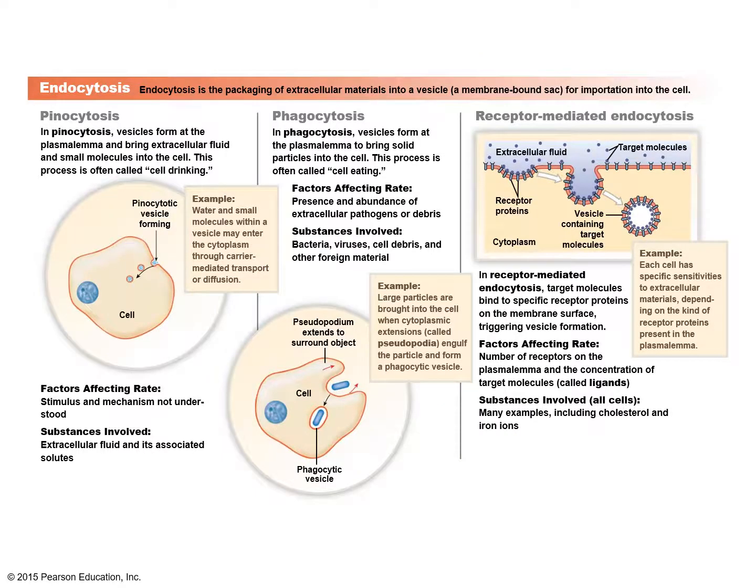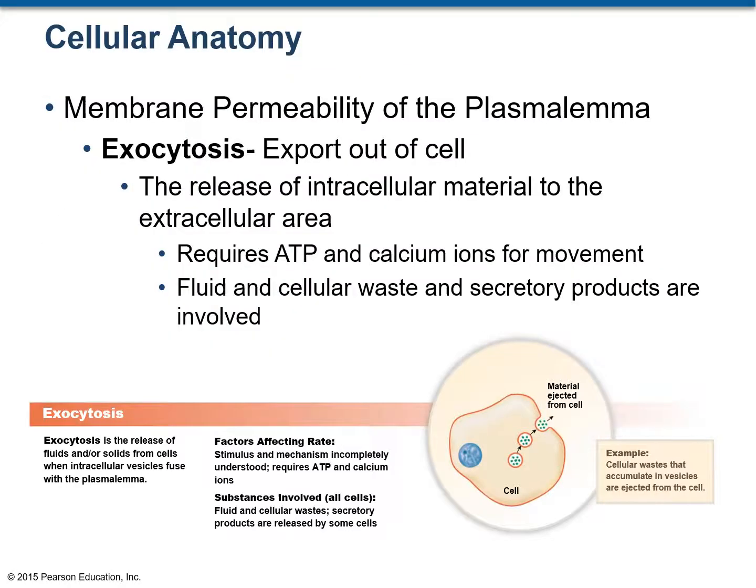This figure shows how pinocytosis, which is cell drinking, or phagocytosis, which is cell eating, occurs. Both these types of transport use vesicles. A vesicle can be defined as a membrane-bound sac, and these are bringing things inside the cell in endocytosis. In contrast to endocytosis, exocytosis means export out of the cell. Remember exocytosis as exit. So here again vesicles will be used, and these vesicles will transport materials from ICF to ECF.